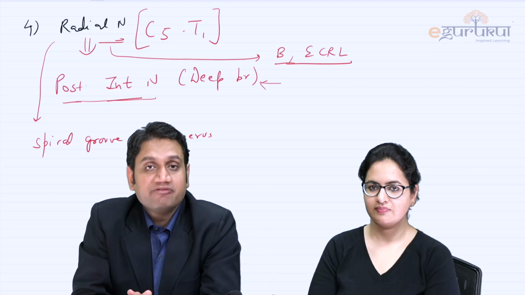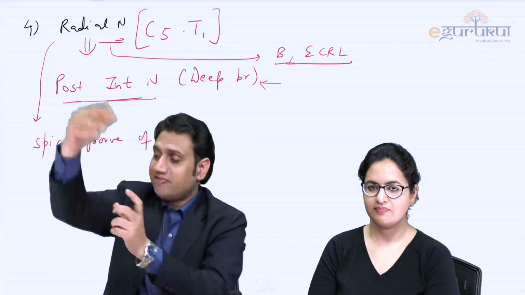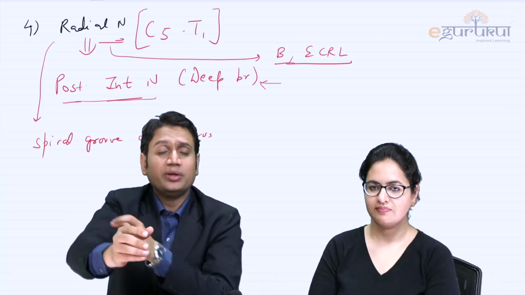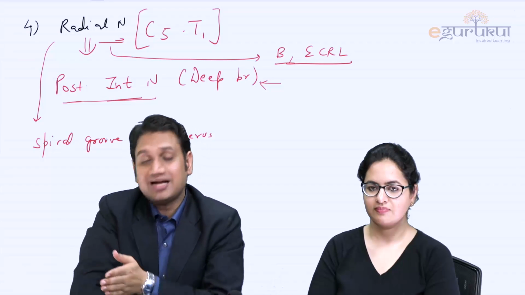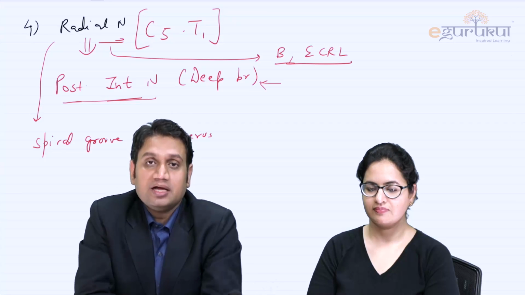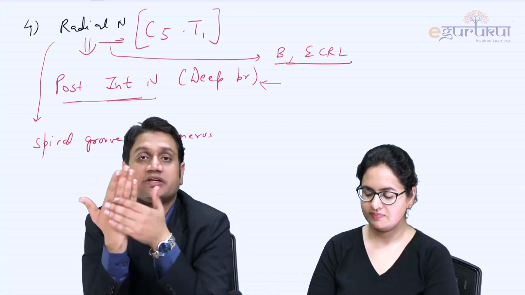What happens in Monteggia? Fracture of proximal ulna. Fracture of the proximal ulnar shaft here with dislocation of the radial head here. When the radial head is dislocated, the branch which is given next to the radial head, that is the PIN, will be damaged. PIN is responsible for extension of the fingers.